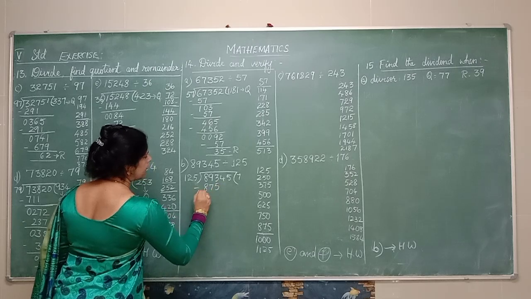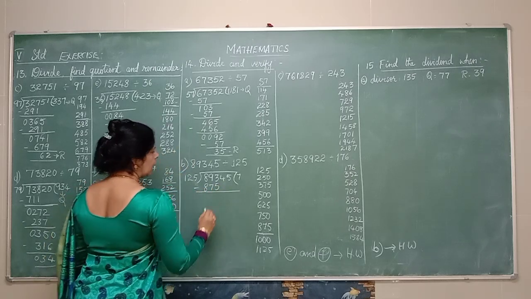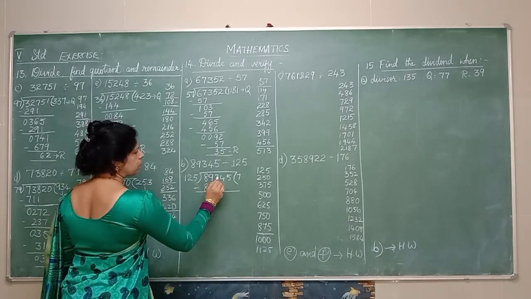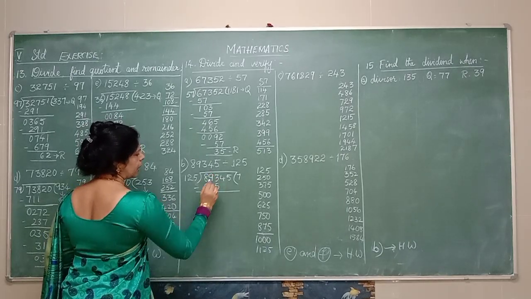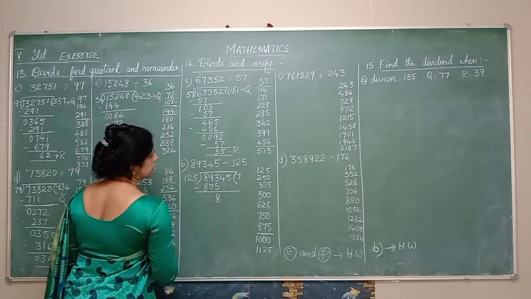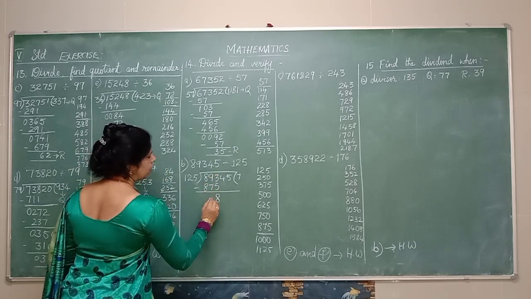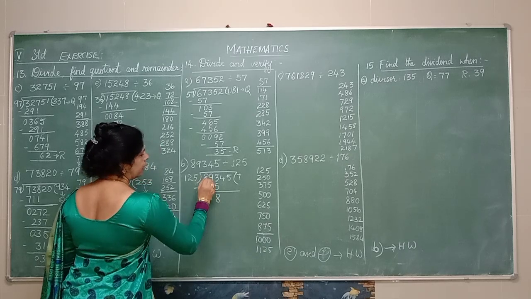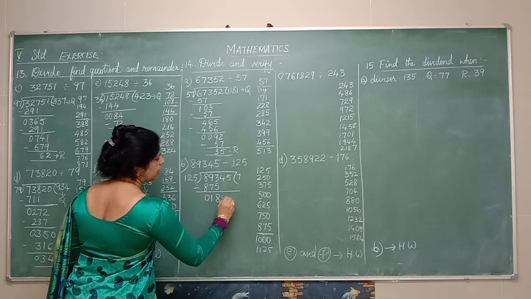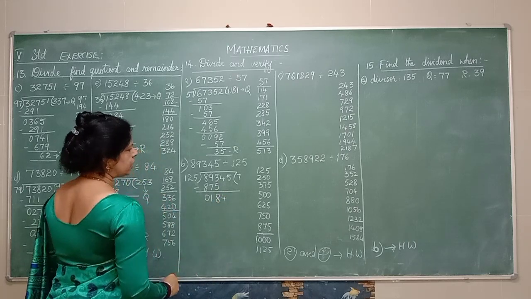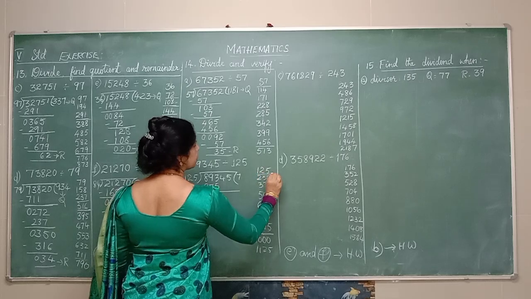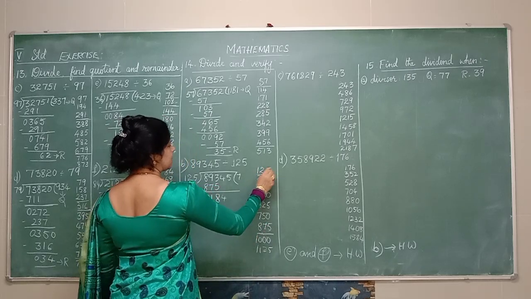875 minus. So from 3 you cannot minus 5, borrow, so it becomes 13, here it will be 8. 13 minus 5 will be 8. From 8 minus 7 it will be 1. 8 minus 8 is 0. Now you are bringing this 4 down. It is 184. Where does 184 come? 184 comes here, right? So it is 1 za.